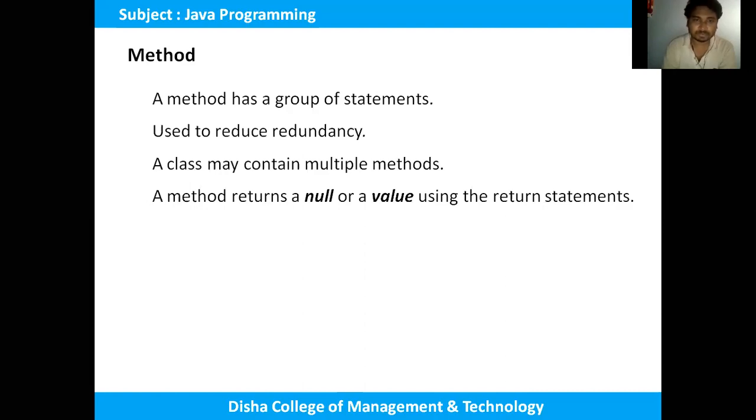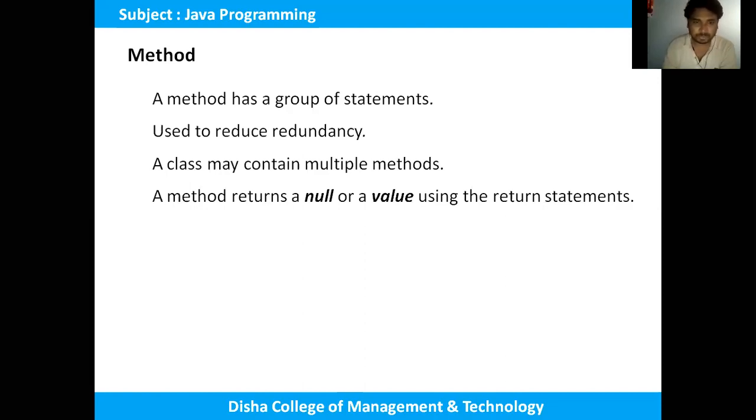If the return type is integer, then the method can return an integer value. If the return type is a string, then it will return a string value. If the return type is void, then it returns nothing.